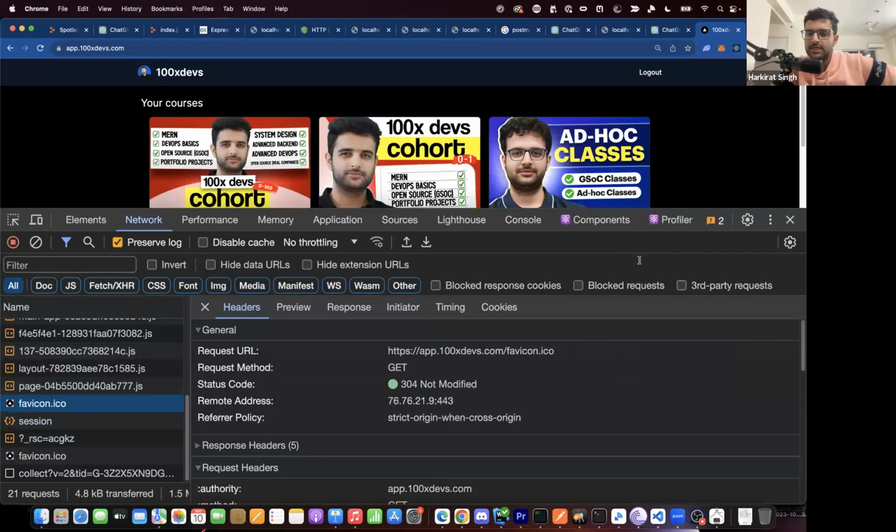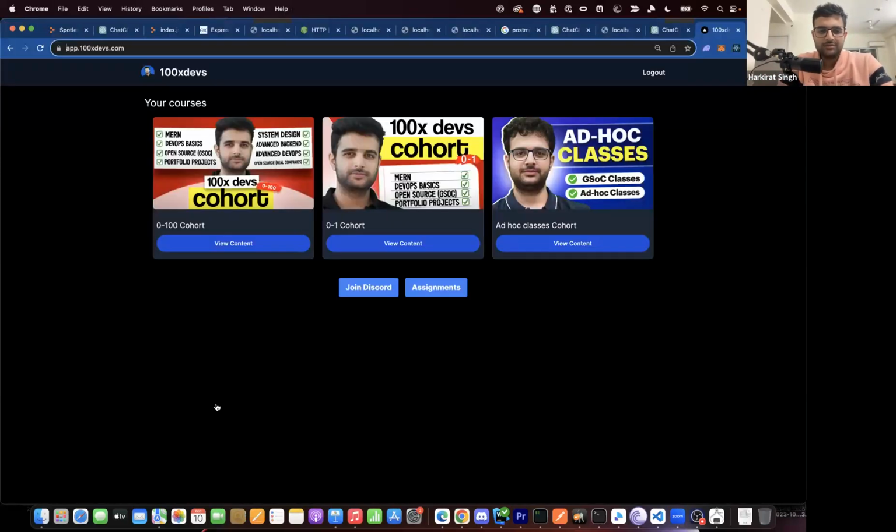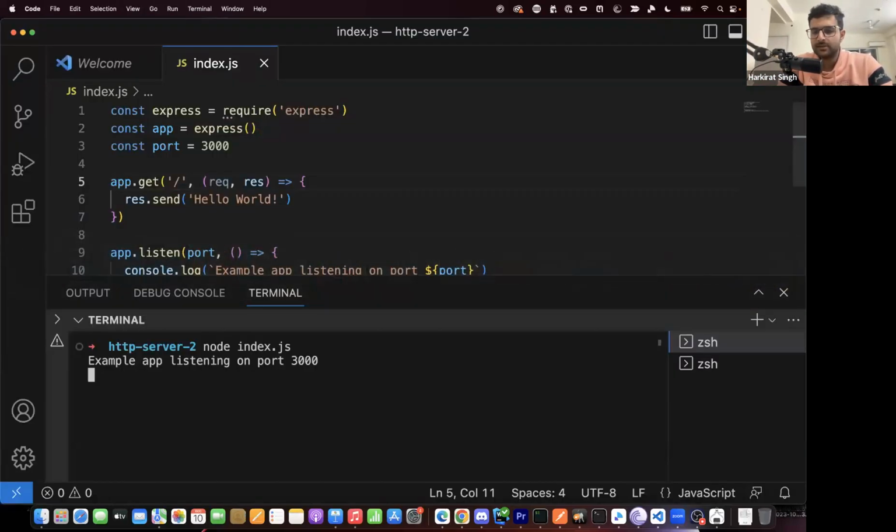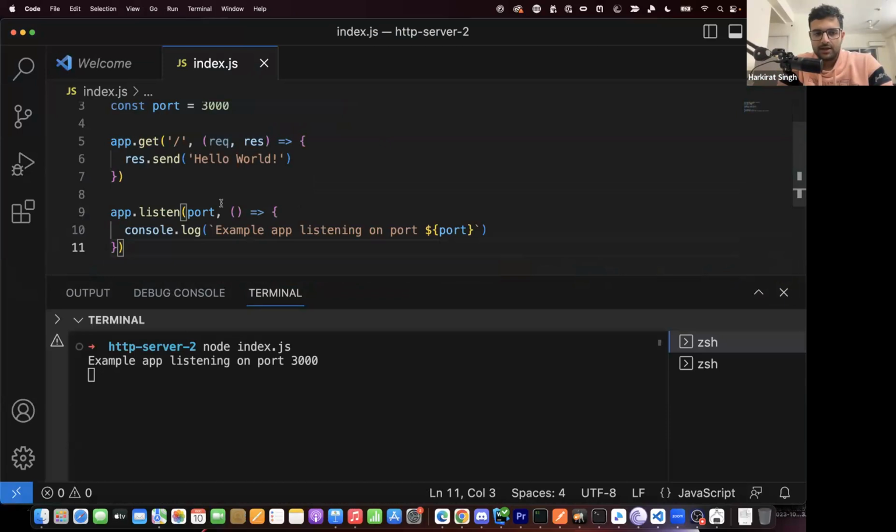Can you explain more about the listen? Can you listen on multiple ports? So a single process can only listen on a single port, basically. Actually, it's not true. Let's see. I mean, so listen basically is,